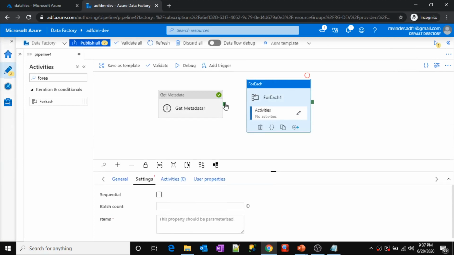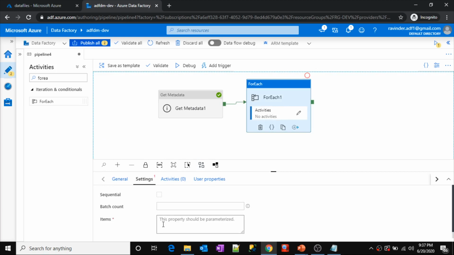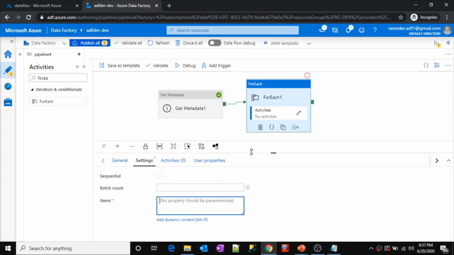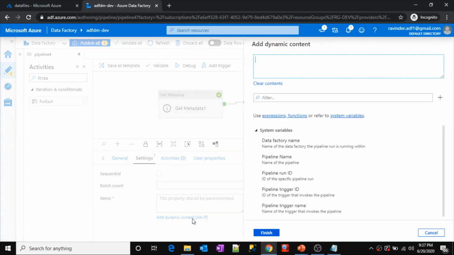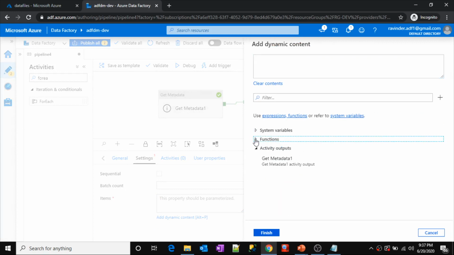So let's connect this with the get metadata activity. Now if I go to for each, click the items field and add dynamic content, and minimize system variables and functions, I can see activity outputs, and there is one activity already mentioned here, get metadata one.